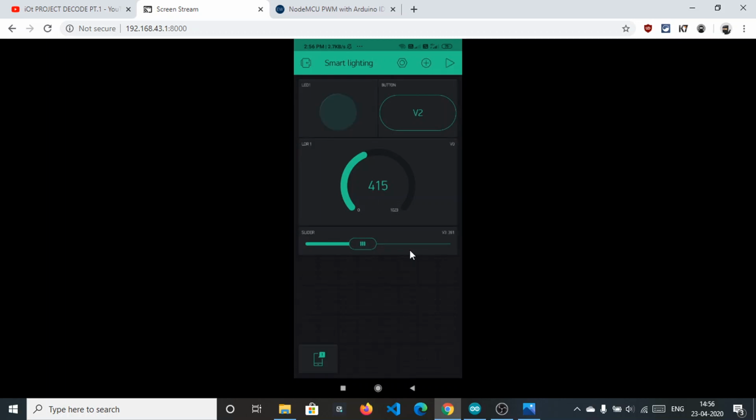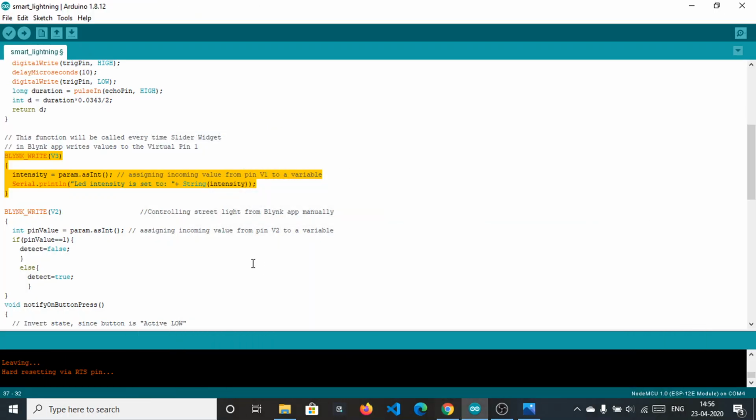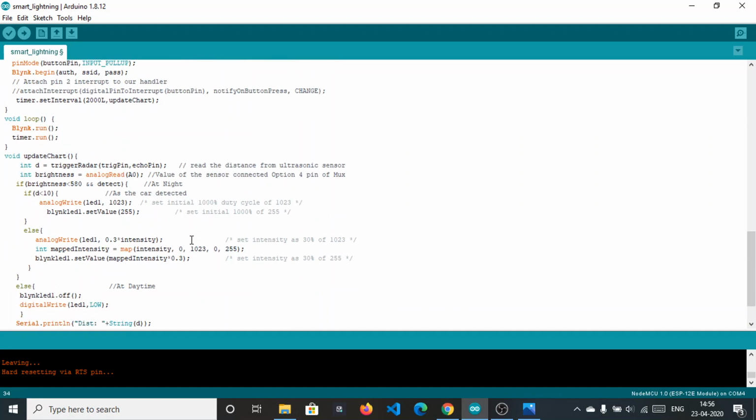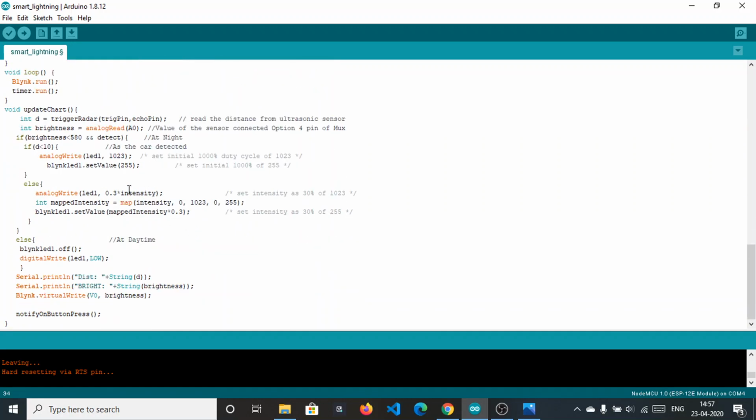As we set this thing, this function will be called, and the intensity will be changed to that value between 0 to 1023, and this intensity will be multiplied with 0.3, that is 30% of the full intensity.